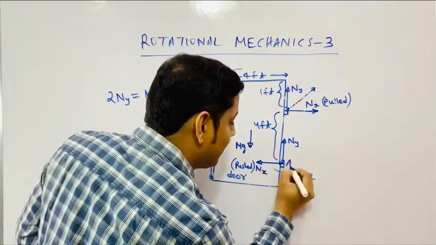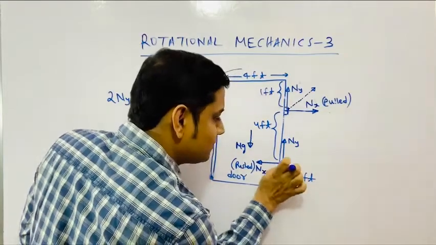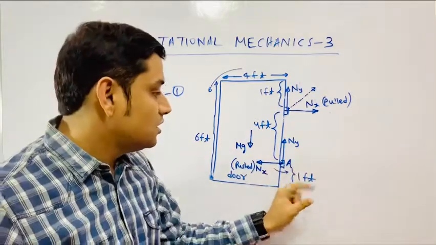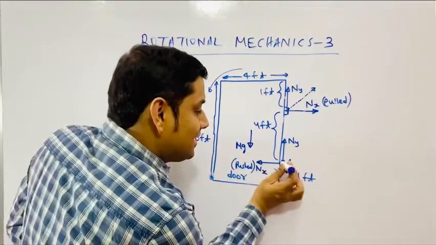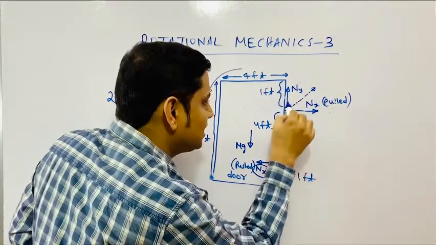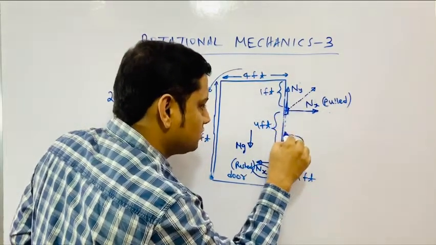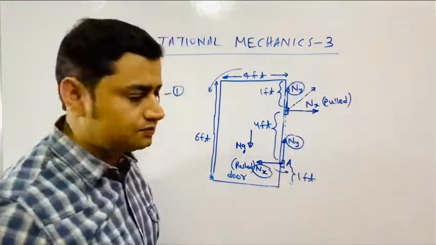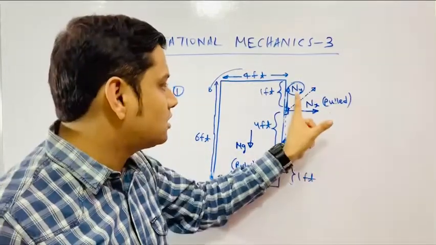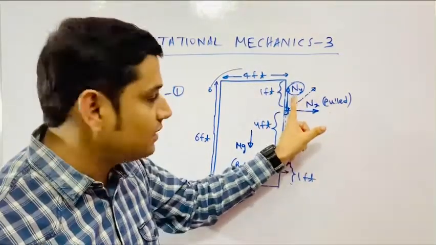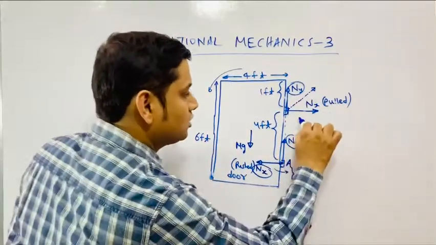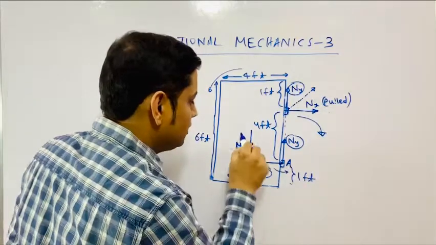Now take any point as axis. Take this point A as your axis of rotation. Once you take this as axis, torque of Nx is 0, torque of Ny is 0, since the line of action of this Ny also passes through this. About this point, torque of the forces passing through it is 0, and the torque of the force whose line of action passes through A is 0. There are only 2 torques now, one due to Nx and one due to mg.